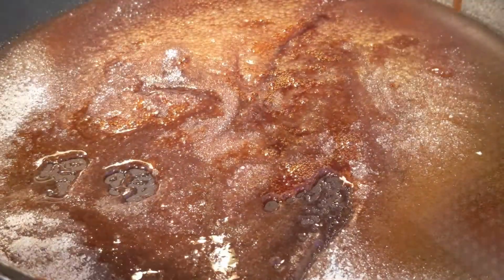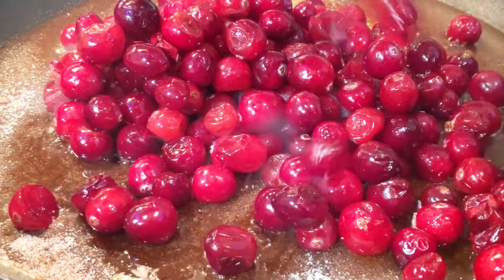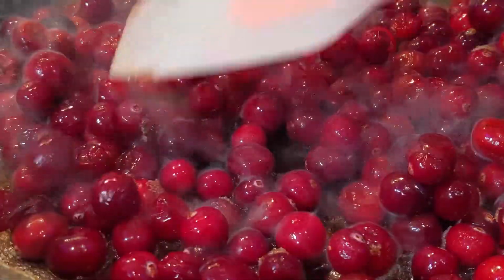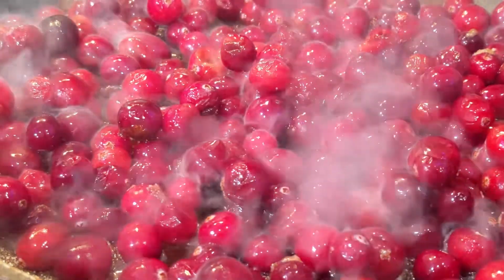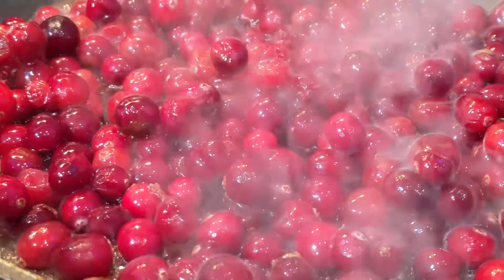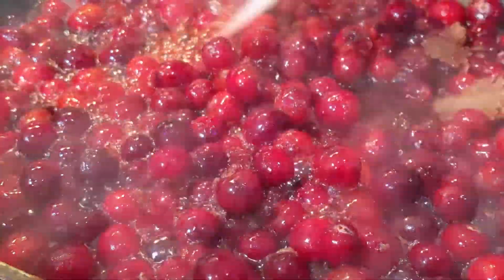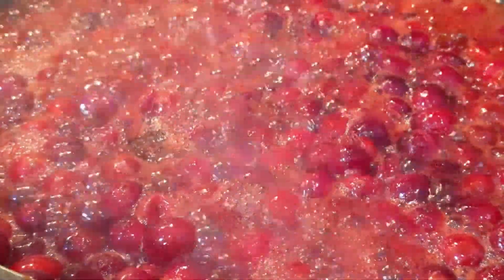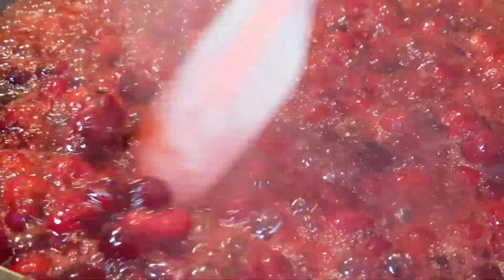And as soon as most of our sugar is caramelized, we're going to throw in our cranberries and let them cook until they have blistered and popped. So just a couple of minutes, it won't take very long. Just be careful because they do splash, so. And once the majority of your cranberries have burst open and you've stirred a little bit,